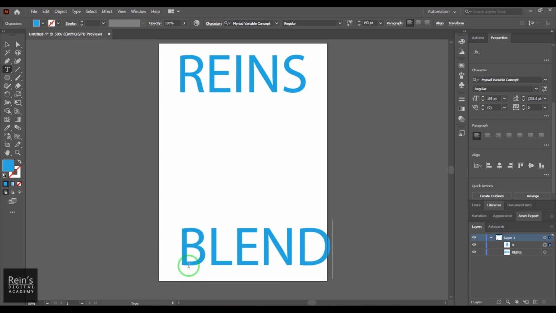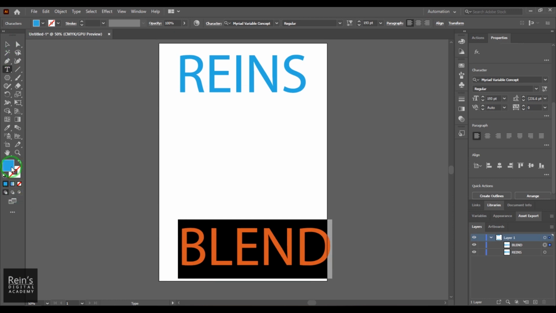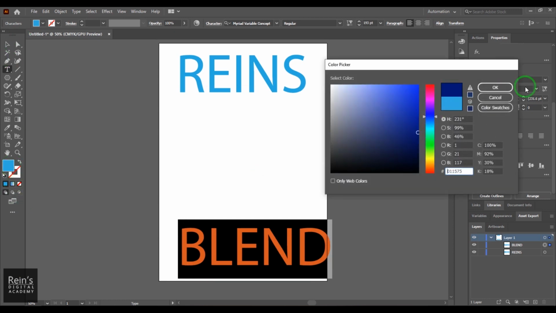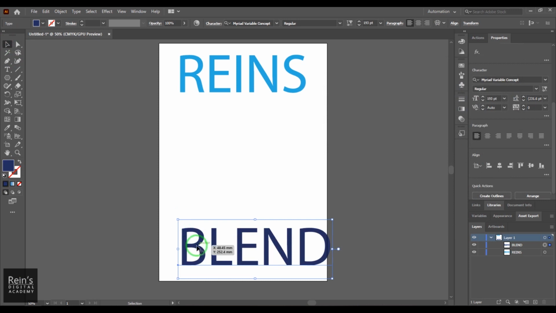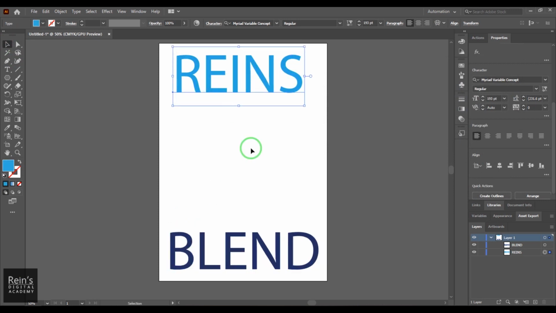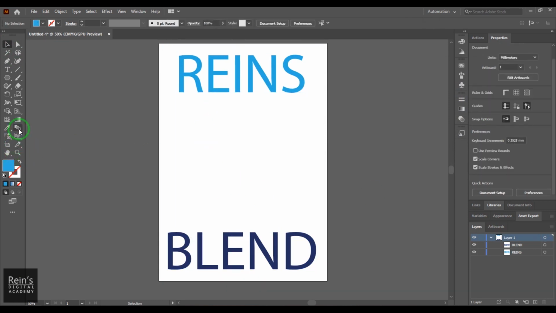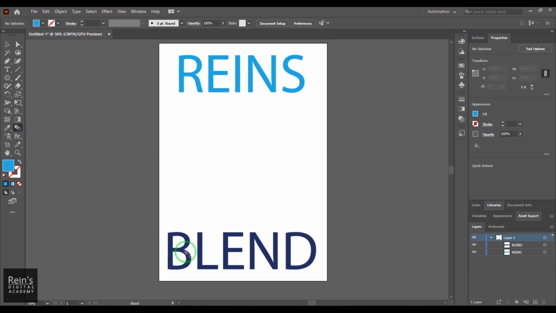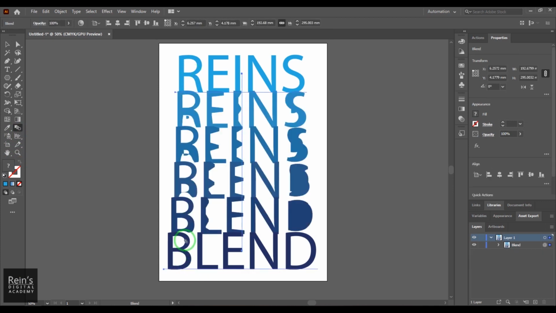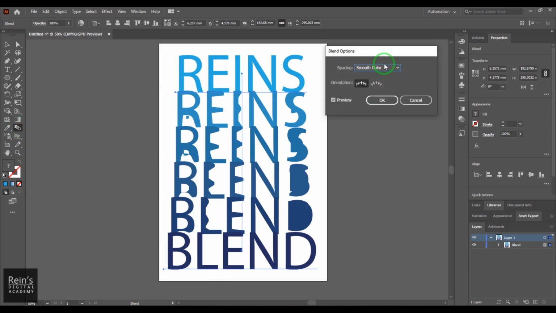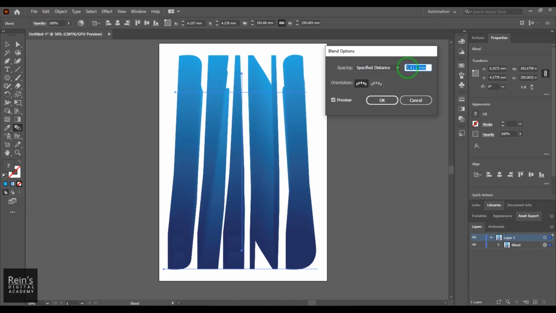Okay, and what I'm going to do is I'm going to select and then change it to a darker color and then put it below. Maybe I select these two and then align them. Now I select this blend tool, select the range, and then click on the blend, and then you get the transition happening. So it's changing that text in between, and then also you can increase the distance here like that,